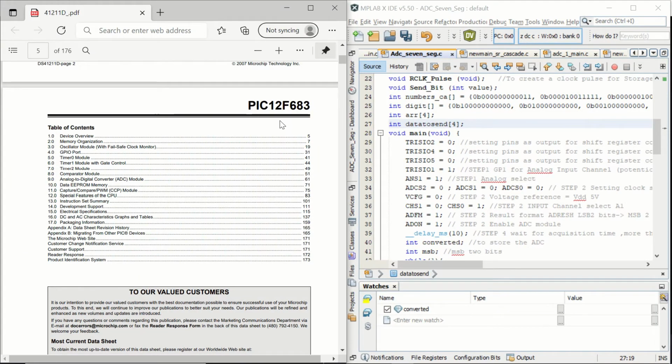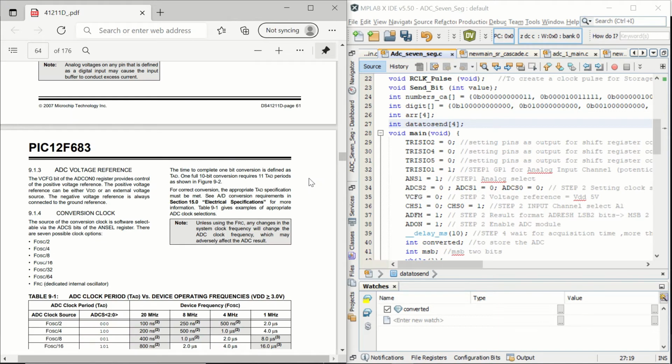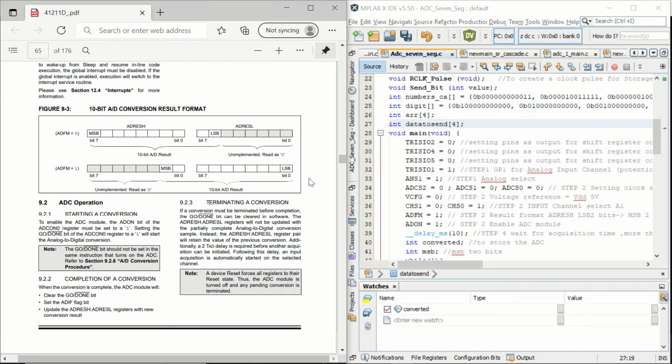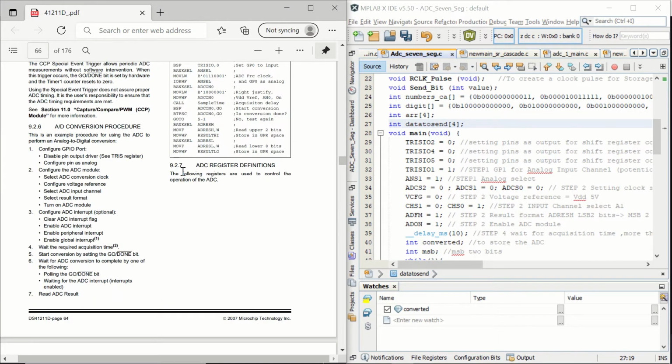Now in the datasheet of our microcontroller PIC12F683, let's go to the ADC module and let's scroll down directly to the ADC conversion procedure. Now we are going to apply this procedure step by step, and you're going to see that it's going to be very easy to write the code in MPLAB. So first thing that we need to do is to configure the GPIO port. And for this, we are going to disable pin output driver,